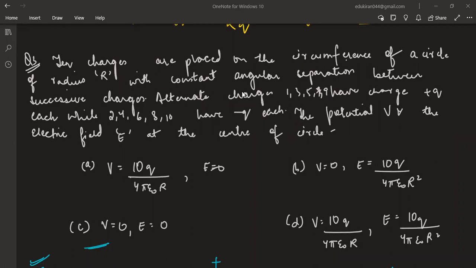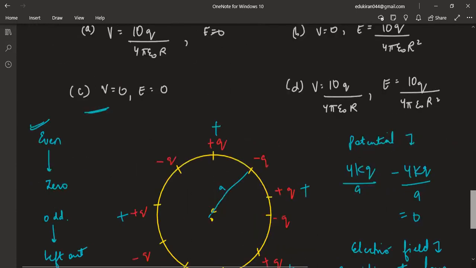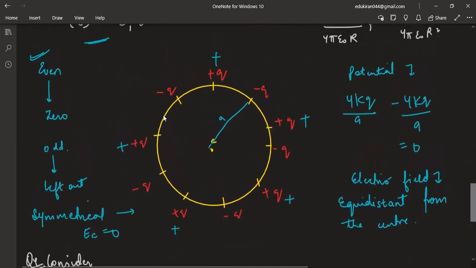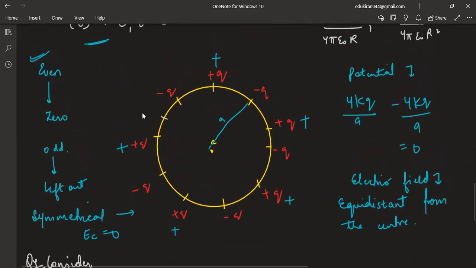Even it can happen in this question. It was mentioned 1379. Your question was complete till this part only, where alternate charges are having plus q and minus q sign. That is sufficient. When I'm seeing the odd part, what will happen? Let's say there were 11 charges. One charge was left. Let's say one positive charge was left. Whenever you have an odd type of case, such type of case is given, there usually the chance is that